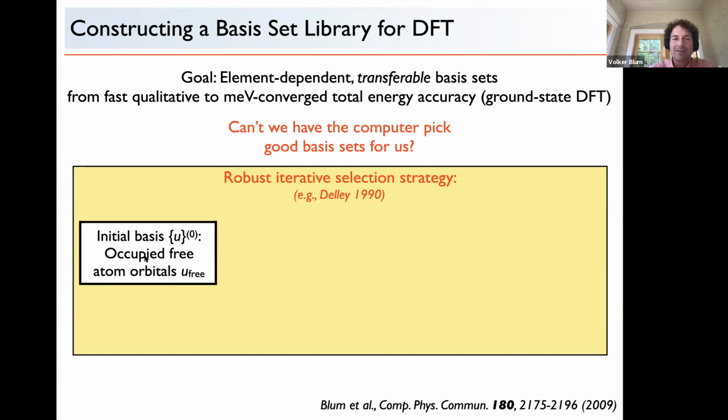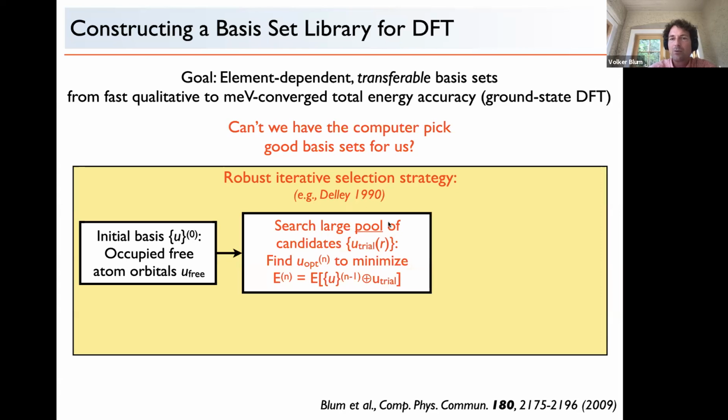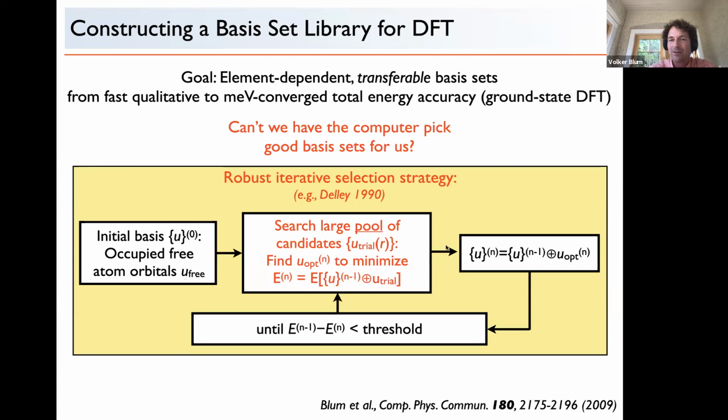The atomic occupied orbitals are always included as basis functions because this gives a good representation of everything that happens on the atomic site. And then there's a large pool of candidate functions, and you can pick functions one by one and minimize a trial energy using the variational principle to find out which basis function at a given point is the most necessary to optimize the total energy of a non-trivial target for optimization. You find that basis function, you add it to the basis set, and then you iterate until the total energy